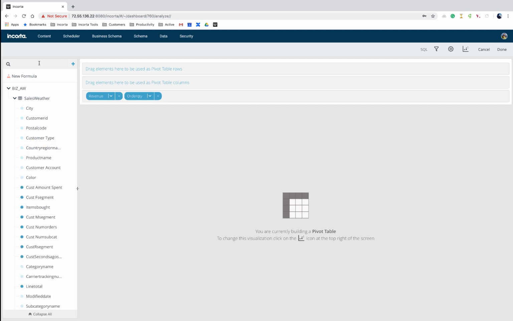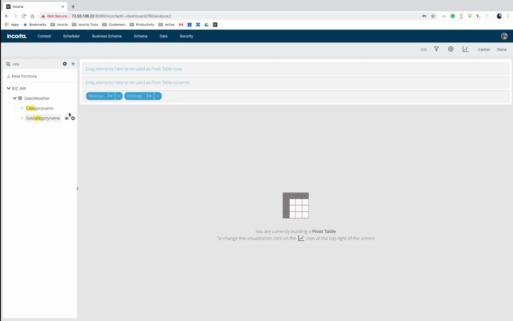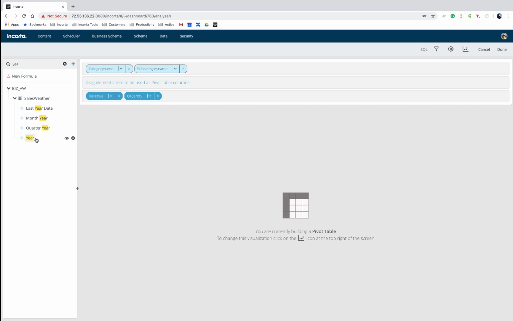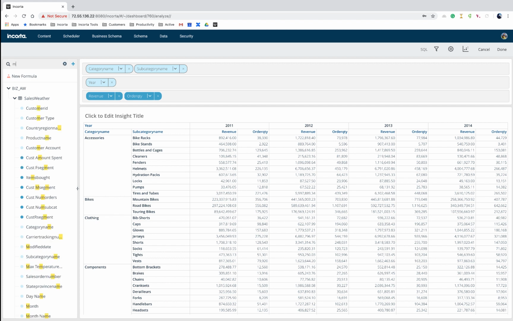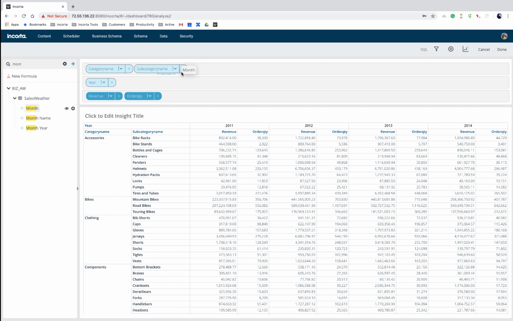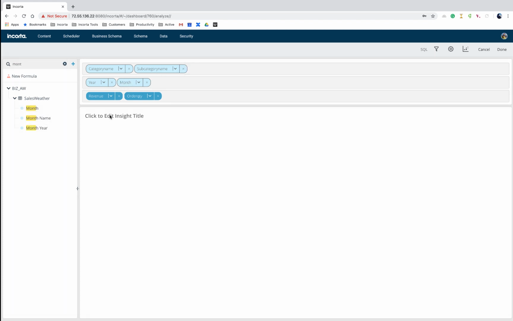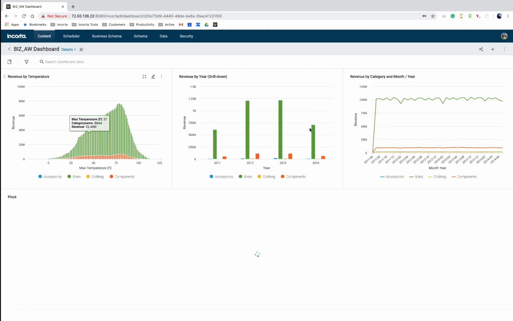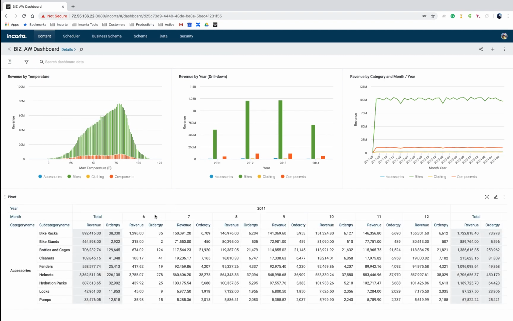And then we'll slice this by category as well as subcategory, and then use the pivot table columns of, let's just do year and month. Whoops, slide that up, and then month. We'll call this pivot. And hit done. And so now we have our visualizations at the top, and we have our pivot table, and